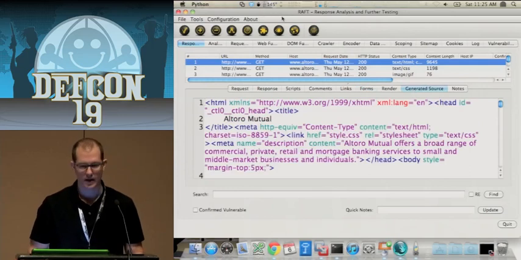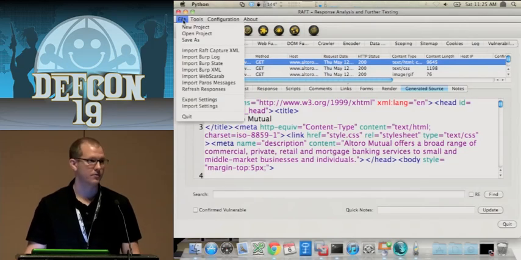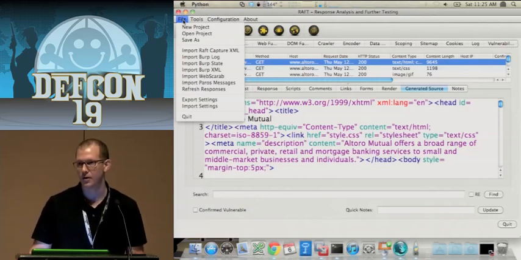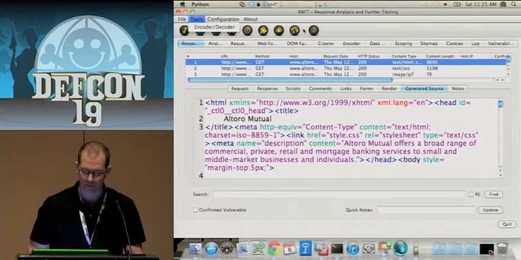So that's imported data. We also support the RAF format. We also support Burp logs, Burp state files. If you use Burp Pro, you know the saved state files, and the saved XML, and WebScarab and Paros message log formats. We don't do their storage, but we're working on that because it's not a good interface.